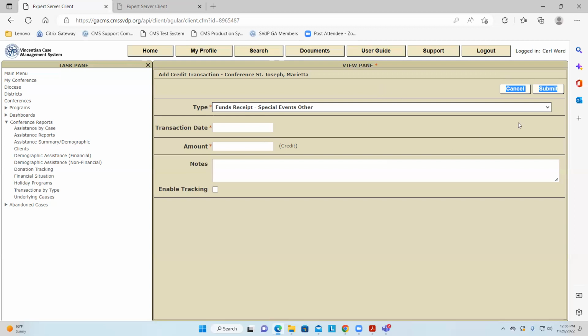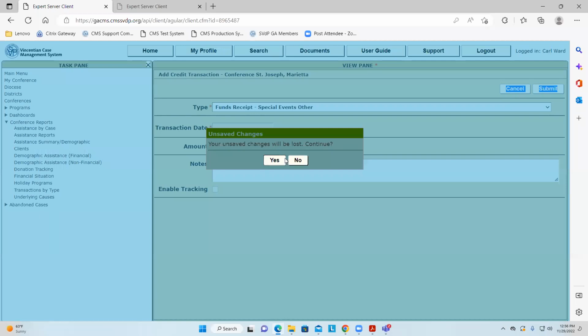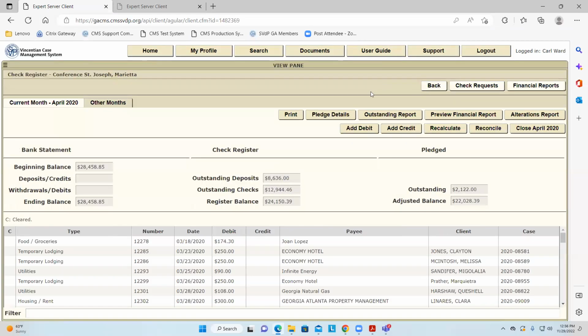So I'm going to stop there. How much do people really use the memorials as opposed to just considering church donations? Well, how do I want to say this? The ones that know that it's going to get taxed put it in church donations, and it's going to get taxed either way. I'll ask the treasurers out there: how many of you knew that you post your memorials in special events?